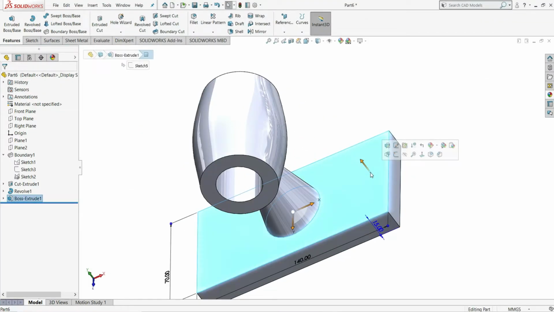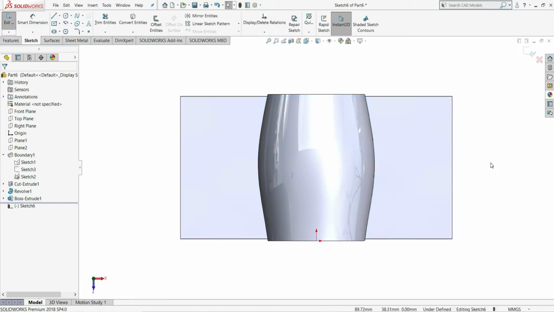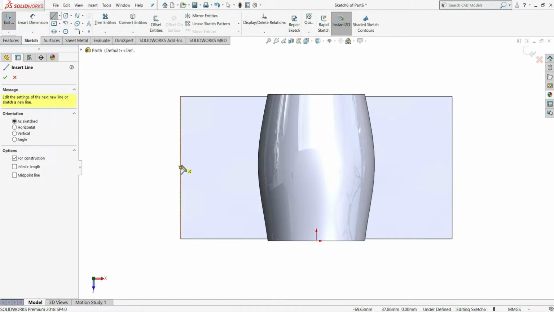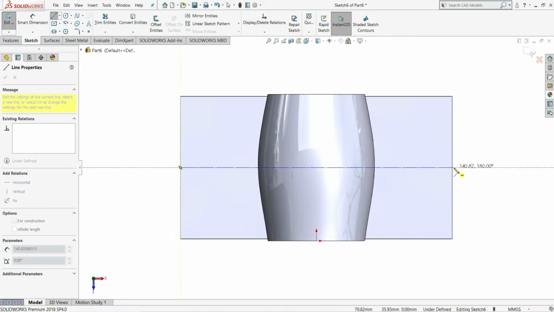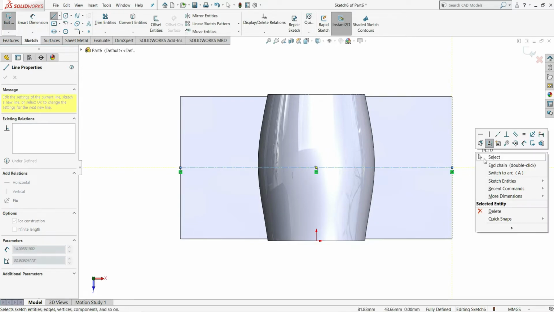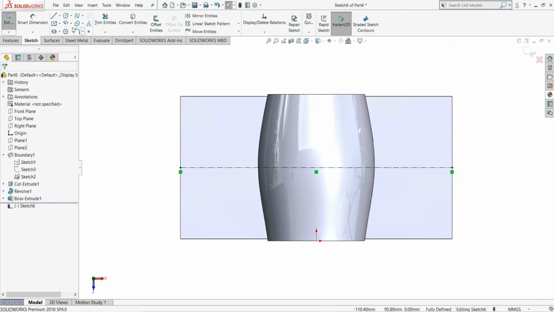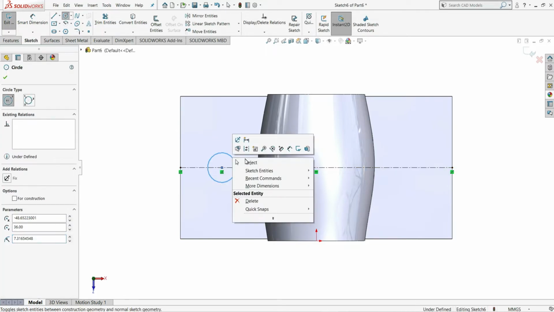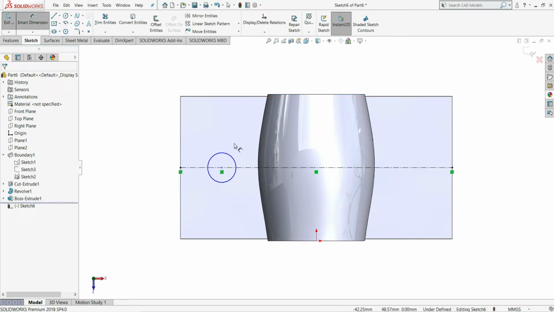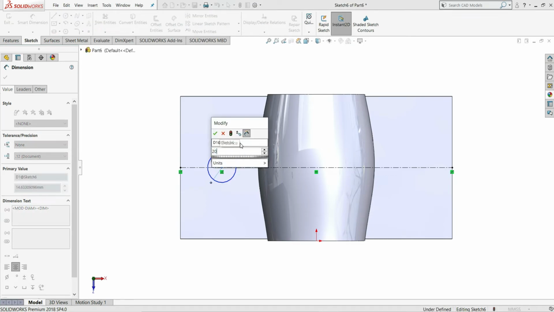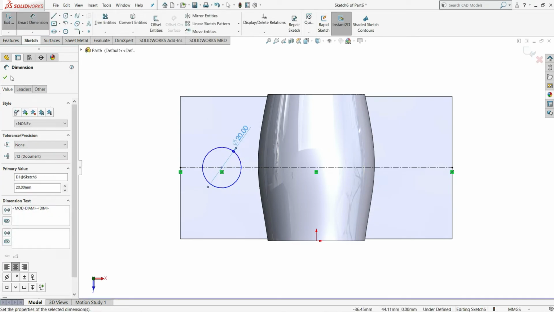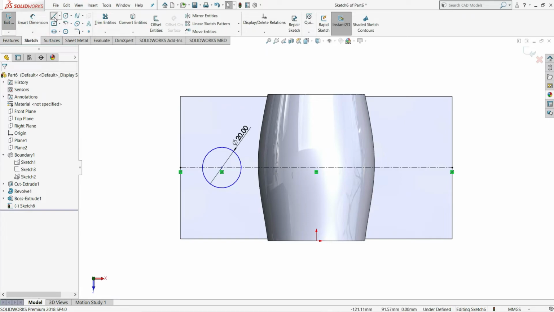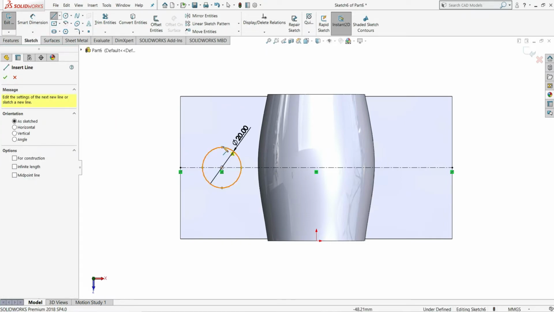Okay, so I will select this face, sketch. On this, let's draw one horizontal center line from this center point to this center point. Here, let's draw one circle on this center line like this. Smart dimension 20 mm diameter. Okay, now let's draw one line from this point